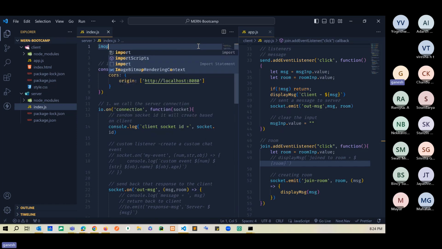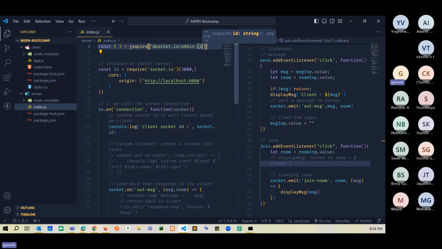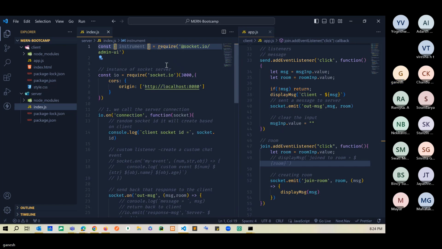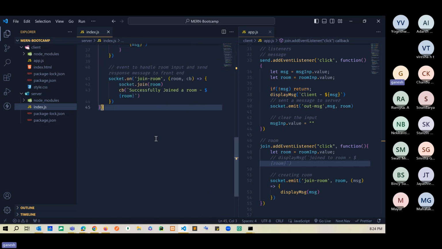Let us import. We use the require method, socket admin UI. There is a constant called instrument, which is built in. And at the end, we have to call the